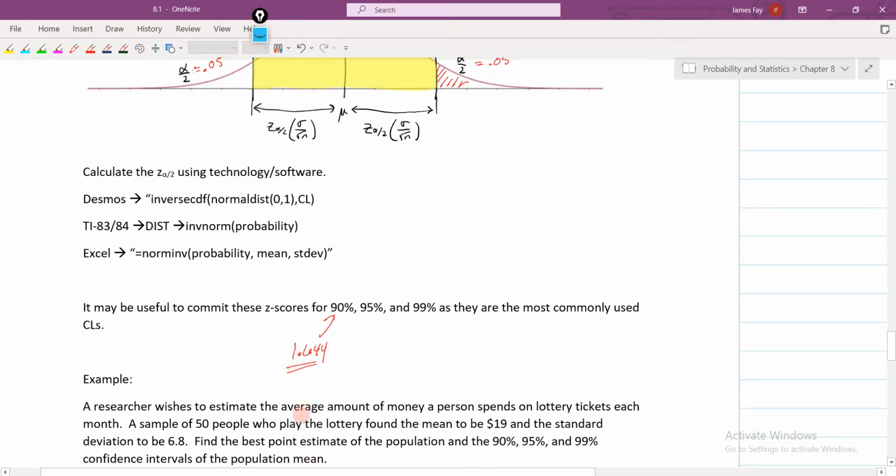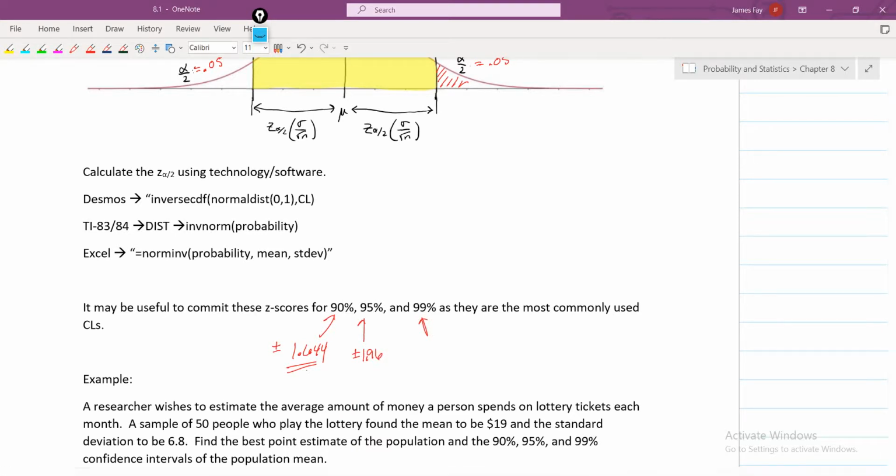And we'll talk about how we use rounding. We use 1.64. We go 644. 95 we said was plus or minus 1.96. Okay, so let's see what 99% is. So let's use